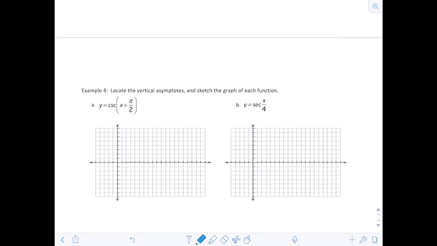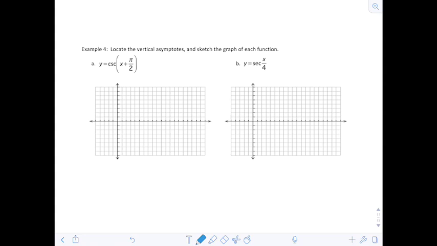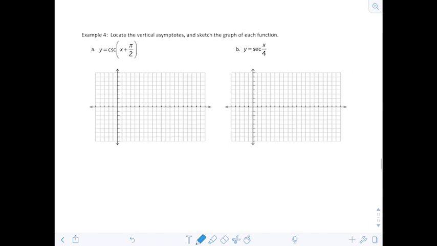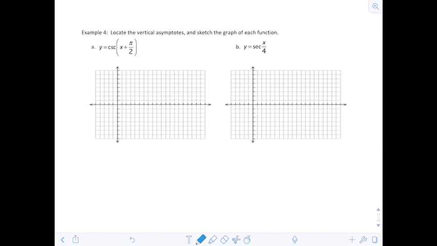Okay, we're going to finish off with a couple of graphs of secant and cosecant. So we're going to locate vertical asymptotes and sketch the graph of each function. So the way that we're going to handle cosecant and secant is literally we are going to lightly graph the reciprocal functions sine and cosine, and then from there it will be really easy to create the cosecant and secant